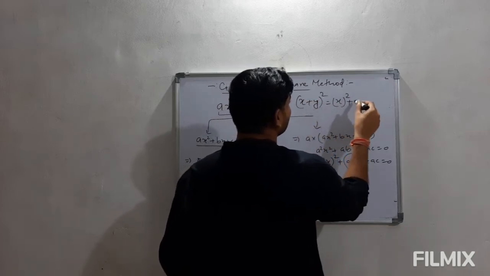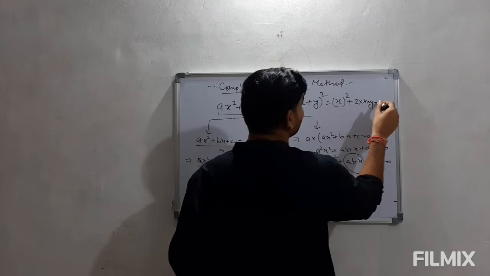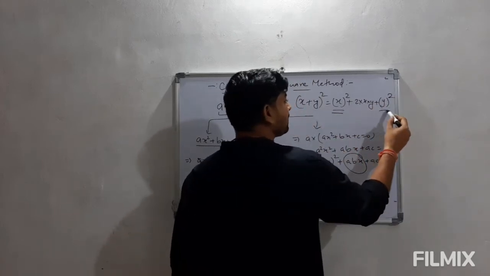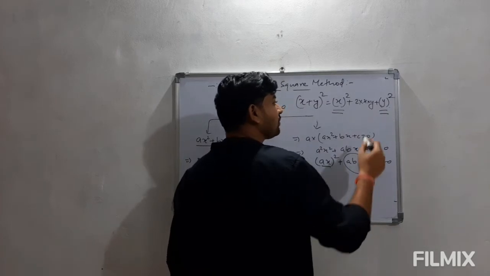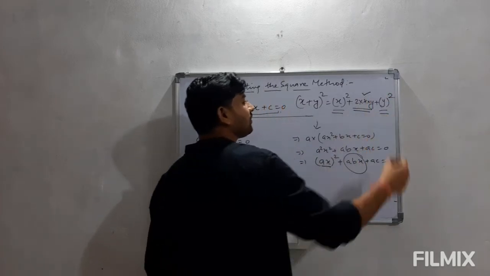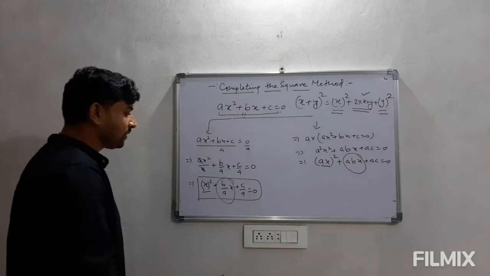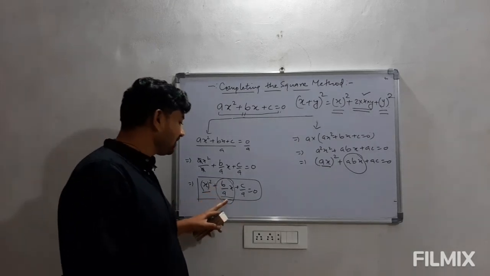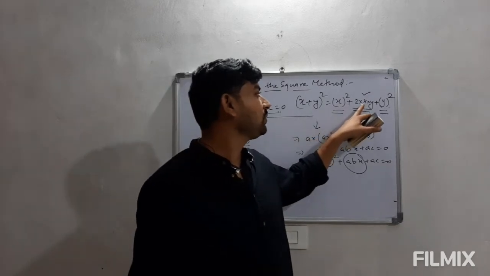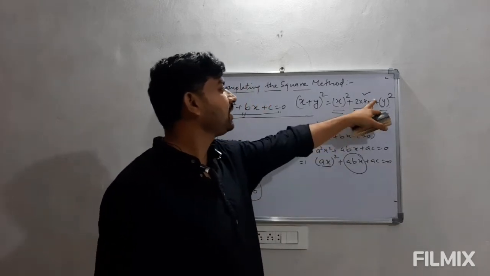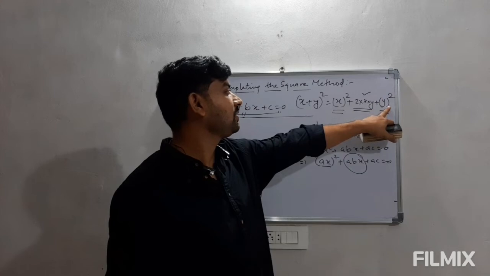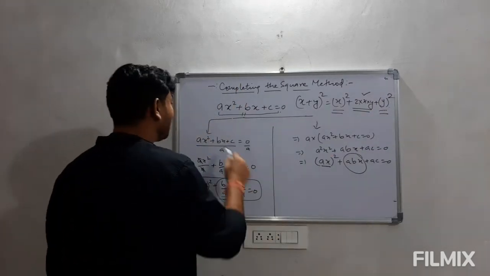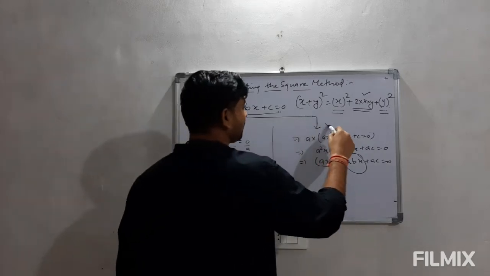First one is x square, then we have the middle term 2 into x into y, then finally we have y square. So this is the first term square, then we have the second term square also there, and in the middle we have 2 times the first term multiplied with the second term. So this is what we are going to do here. We will use this expression and equate it to 2 into x into y. From there we will get the value of y and use it in the second term square. So that process can be done this way.